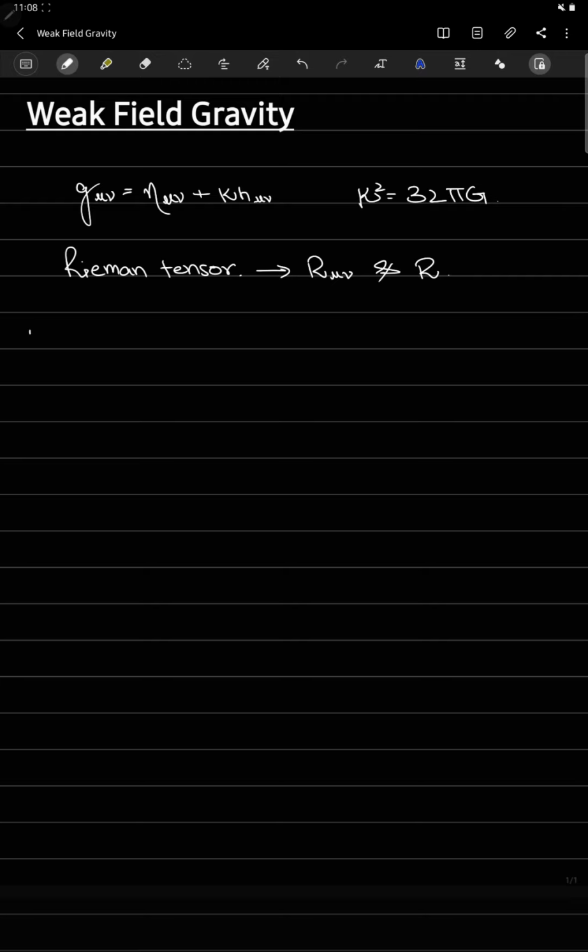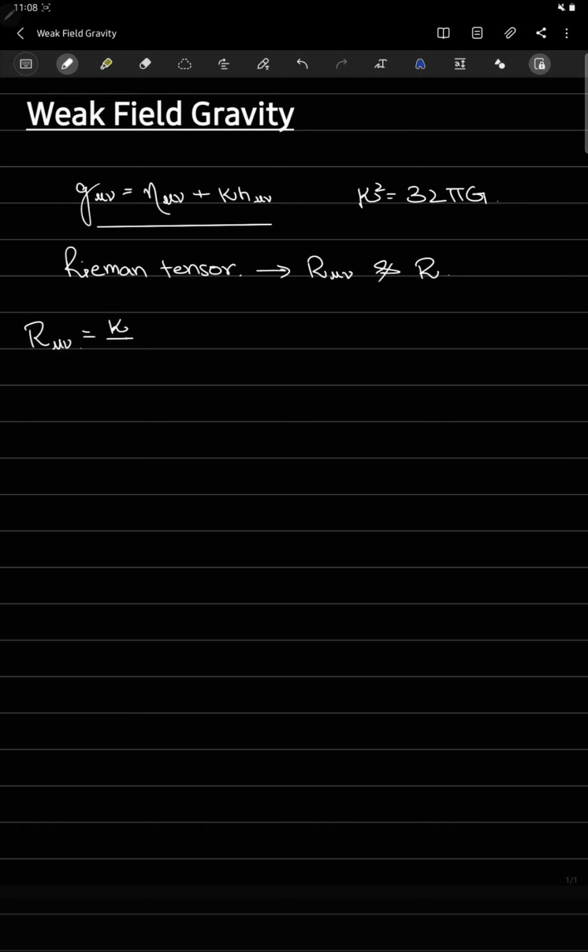So it turns out that if I put this g mu nu in the Riemann tensor that we derived in the last lecture, and I derive the Ricci tensor, it turns out,